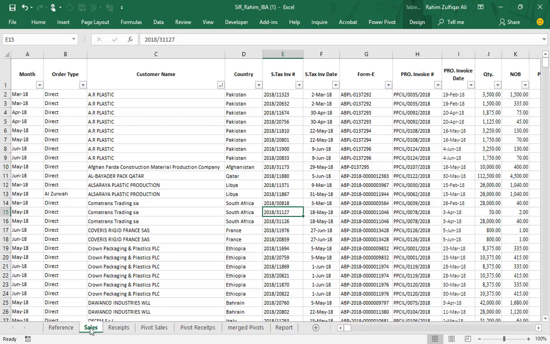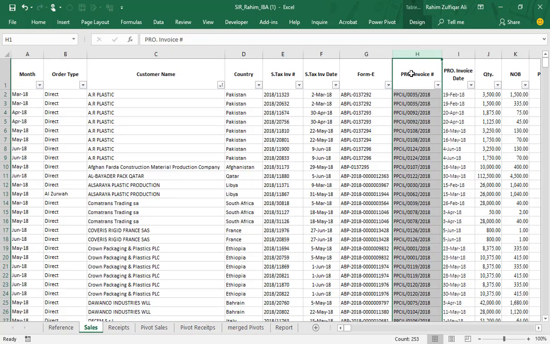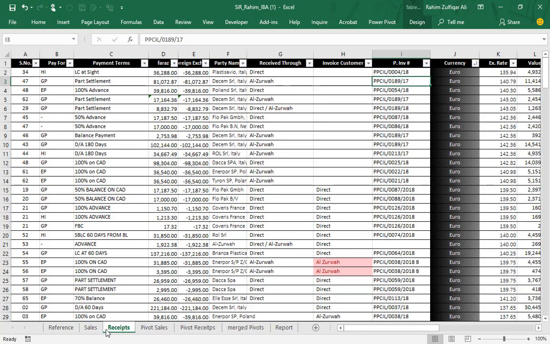In the sales data, we have the PRO invoice number, which I found can be connected with the receipts P invoice, because the invoice column is available in the receipts data and also in the sales data.